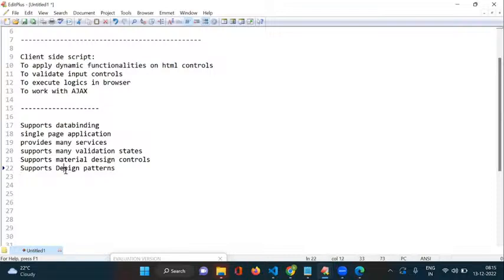Anyhow, these design patterns are useful for us to simplify the coding and for reusability. Okay, to simplify the coding as well as for reusability. In that point of view, we are taking the support of design patterns. Okay. Next one here provides a structure